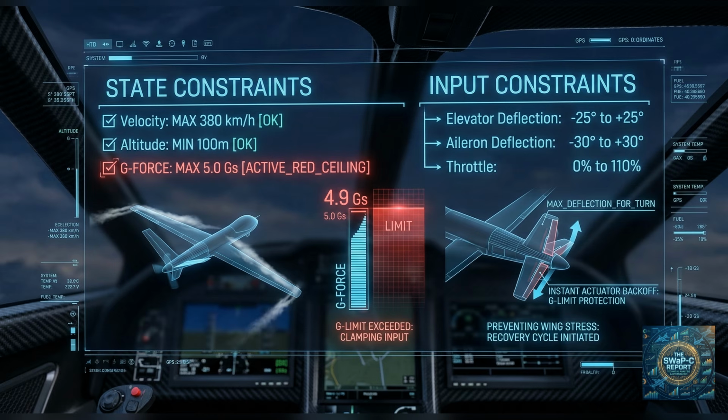High-speed maneuvers generate immense structural loads. If a traditional controller demands a turn that is too sharp, it might easily exceed the aircraft's physical G limit, leading to catastrophic airframe failure. NMPC, however, can be fed a hard constraint on normal acceleration. It mathematically clips the demanded maneuver to stay precisely within the structural limits of the UAV before the stress ever occurs. It manages actuator saturation by knowing exactly how far the servos can travel and how fast they can slew, preventing the controller from requesting physically impossible control surface deflections.